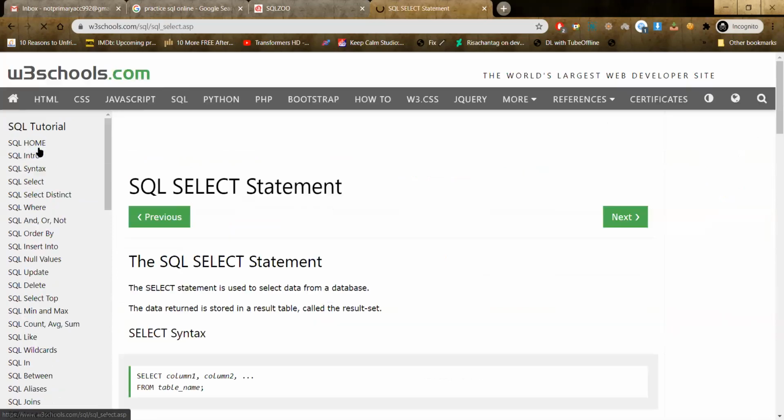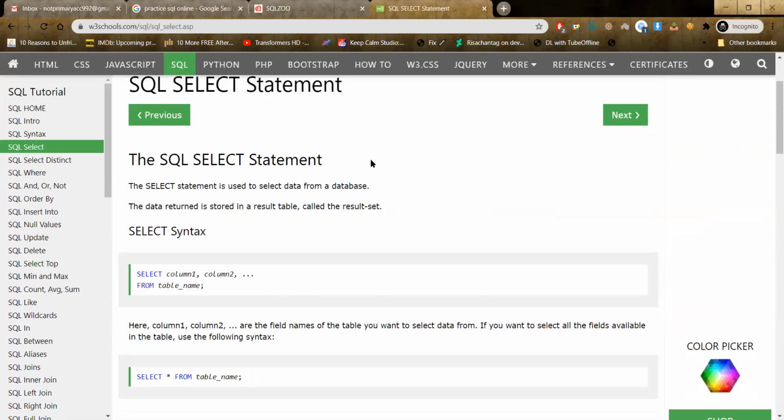Now, the main thing we need to know about SQL when we talk about SQL injection is querying the database, using the select statement. What this does is it extracts some data from the database depending on what parameters you have specified.